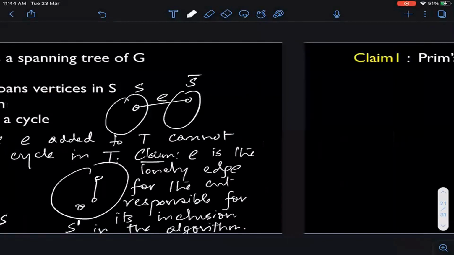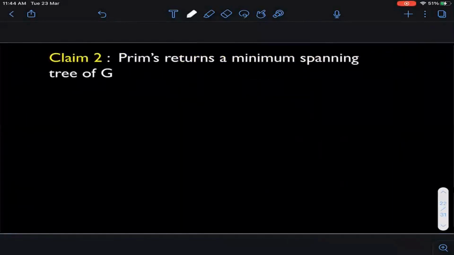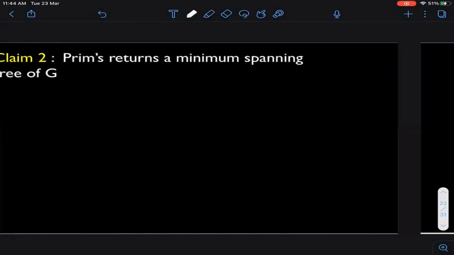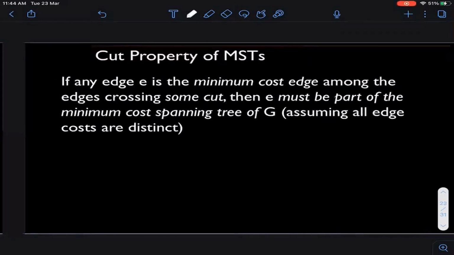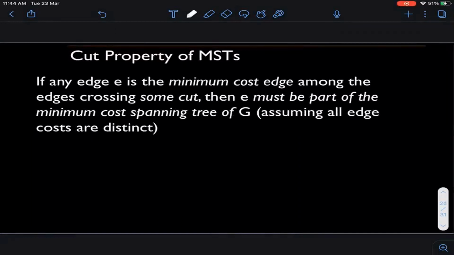So yeah, claim 1. So claim 2 is Prims returns a minimum spanning tree of G. Okay, minimum cost spanning tree of G. So in order to do that, what we have to prove is a very, very interesting and important property of minimum spanning trees of a graph. Okay, so the property is as follows. The property ये बोल रहा है कि